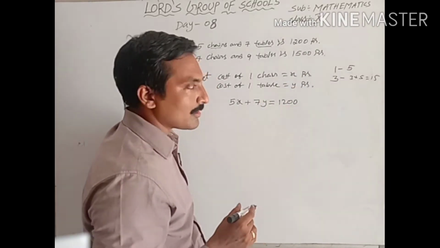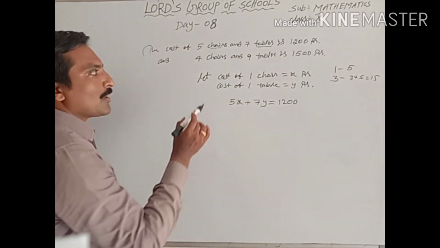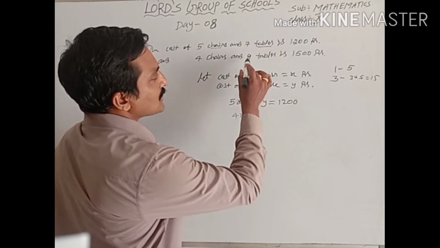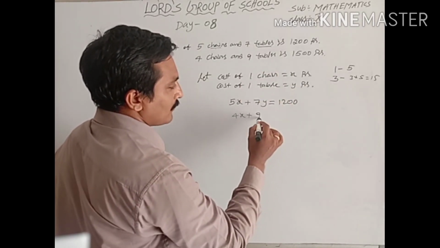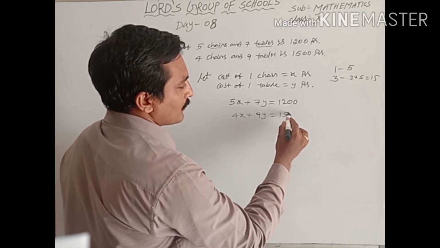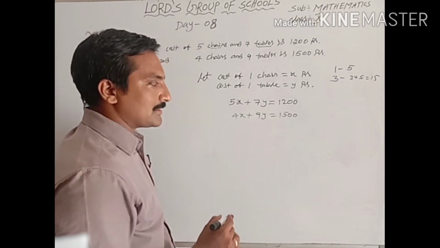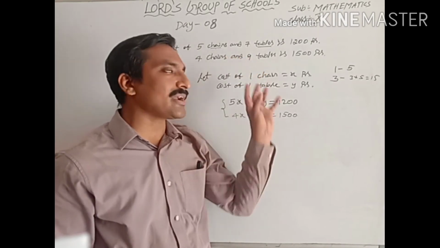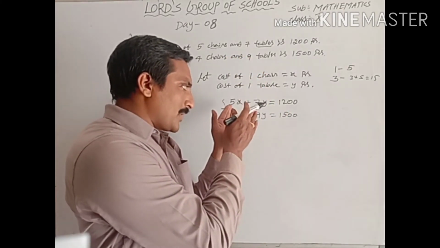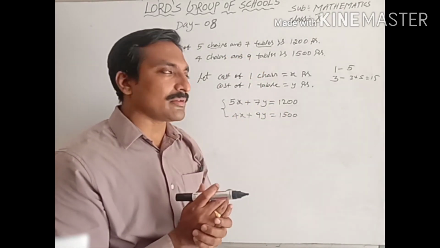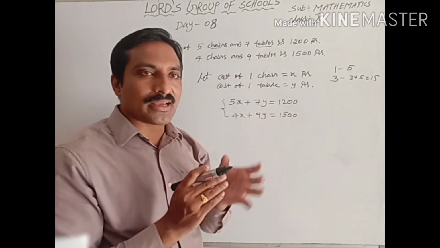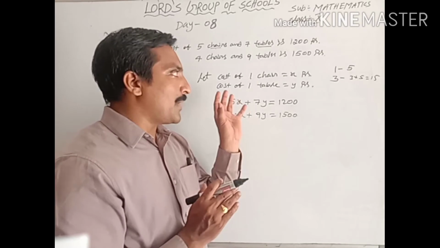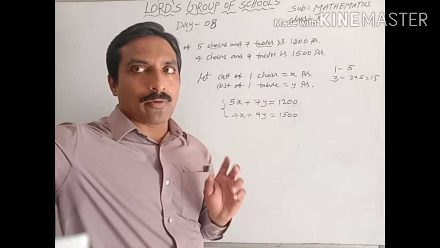This is an equation. Coming to the second condition, 4 chairs 4x plus 9 tables 9y is equal to 1,500 rupees. This is the pair of linear equations according to the condition. This preparation of linear equations can be asked objective-wise, or based on ages also. Based on ages, how is it asked? See now, for example,